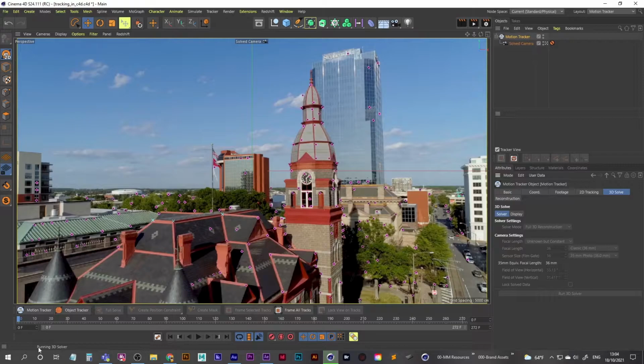Now that is going to take a little bit of time. You can see it loading down here. It's going to take a bit of time, so I'm going to pause the video there and we'll pop back in once that's done. Okay, so that didn't take too long, and it said it's finished, so it's good to go. If we deactivate this camera